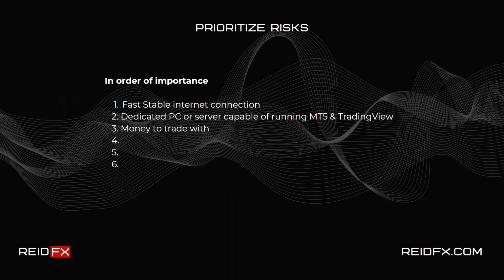Next, we need to start prioritizing. Now that we've identified and evaluated the risks, we need to put them in order of importance, okay? Obviously, I'm not going to do that with each of the ones on this list. It'll take forever. But that is what you actually need to do. You need to prioritize and then start to address them.